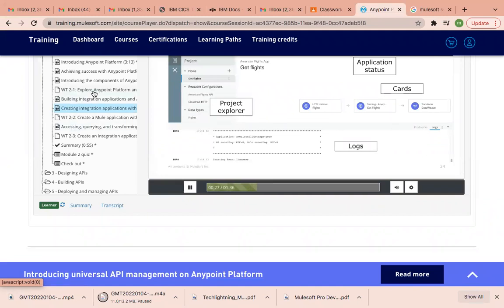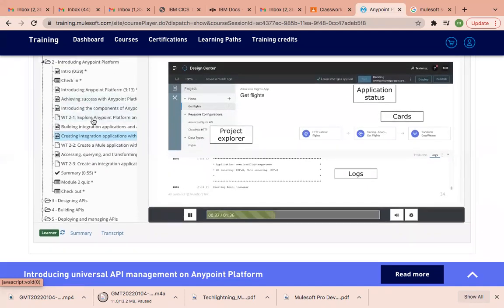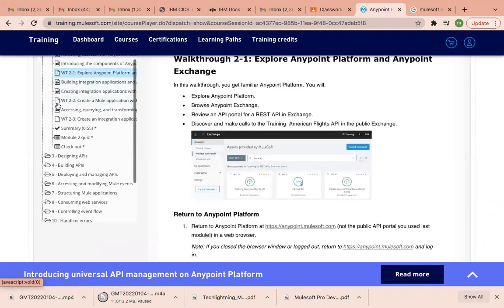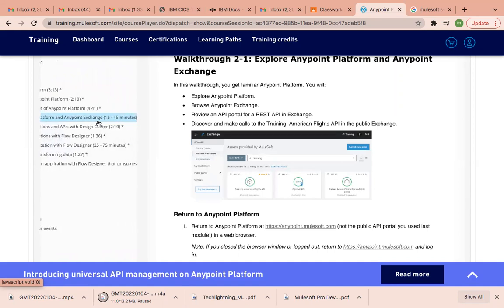Second thing, here we have some practice, like daily I'm giving some task, right? Here also they are giving some task, and we need to do that task. Apart from these video symbols, can you see some file symbols here? For each and every module, we have some task. Walkthroughs we have, and here they mentioned an approximate time, minimum 15 minutes to maximum 45 minutes.